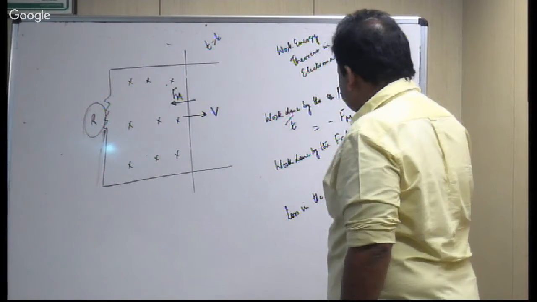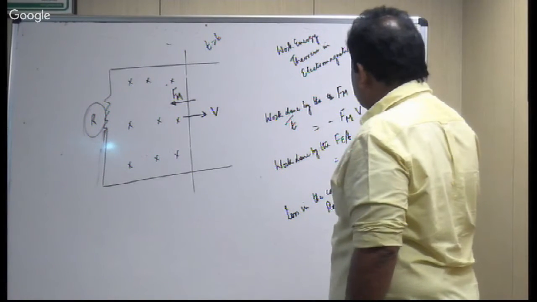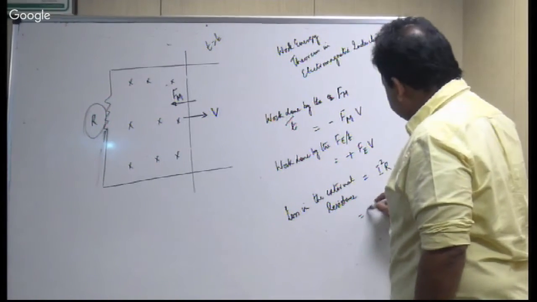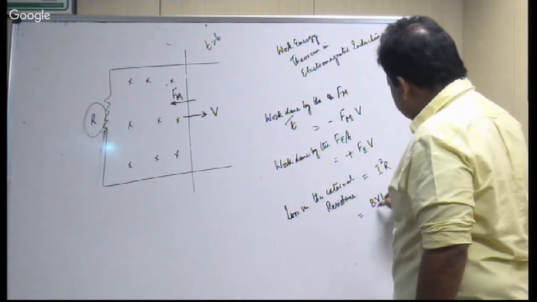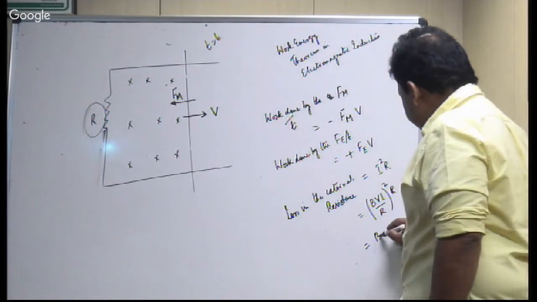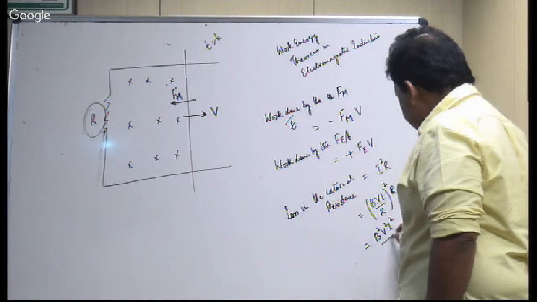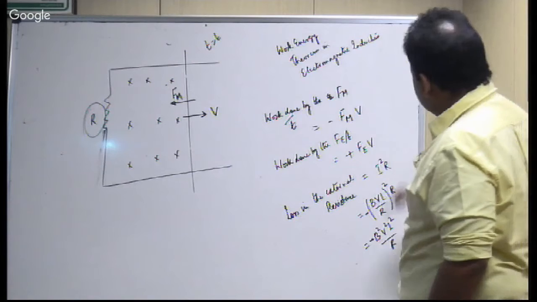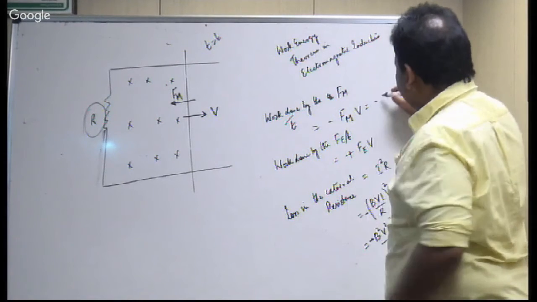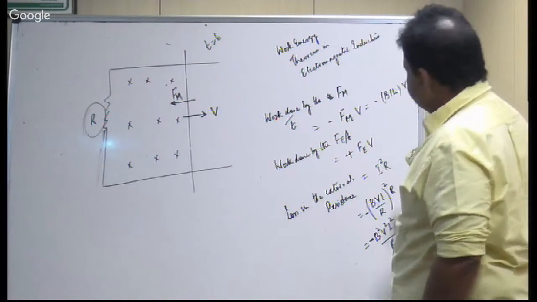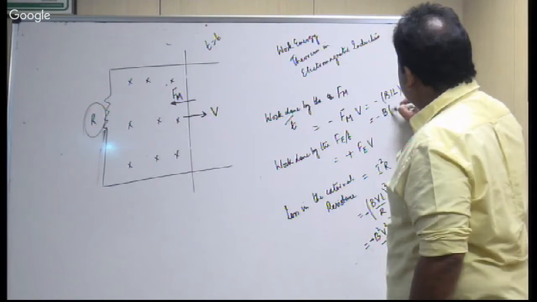How much is that? How much will I be? How much is this? This is the loss. How much will this be? Fm will be BIL into V. BI will be